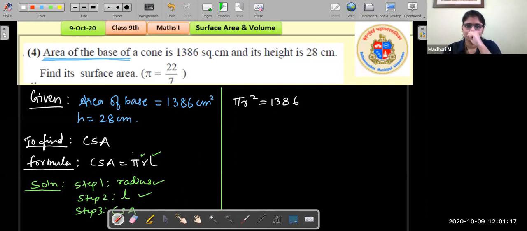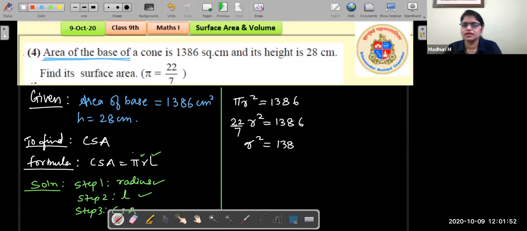All right. We substitute the values over here. So pi, we know pi is given to be 22 over 7, times the radius squared. What is the radius here? We don't know the radius, so we keep it as it is, which equals 1386. Now, the next step, we keep r squared as it is on this side, and we will shift 22 and 7. 7 is in division over here. It moves to the other side, and that would be multiplication, right?